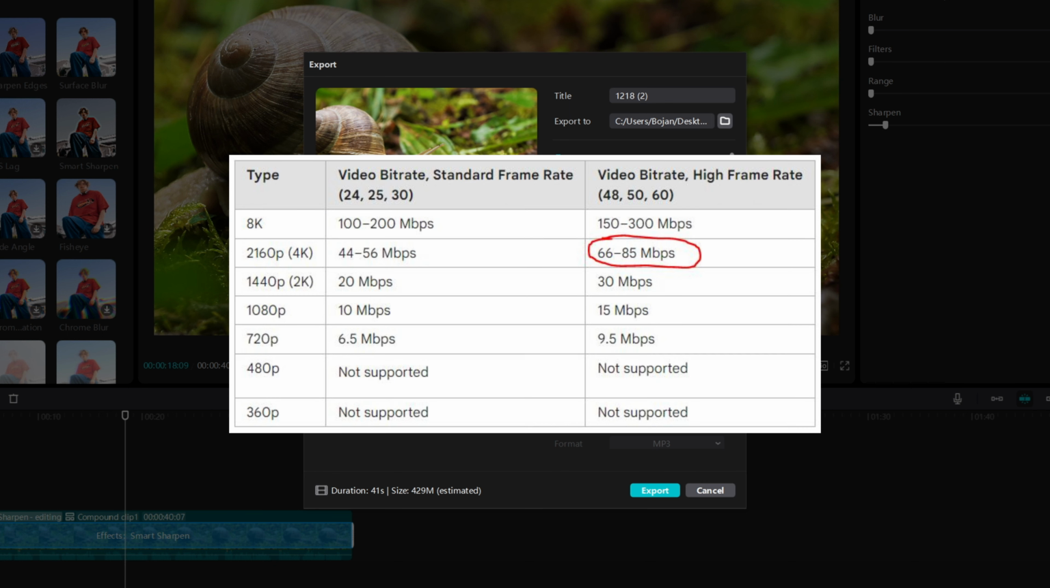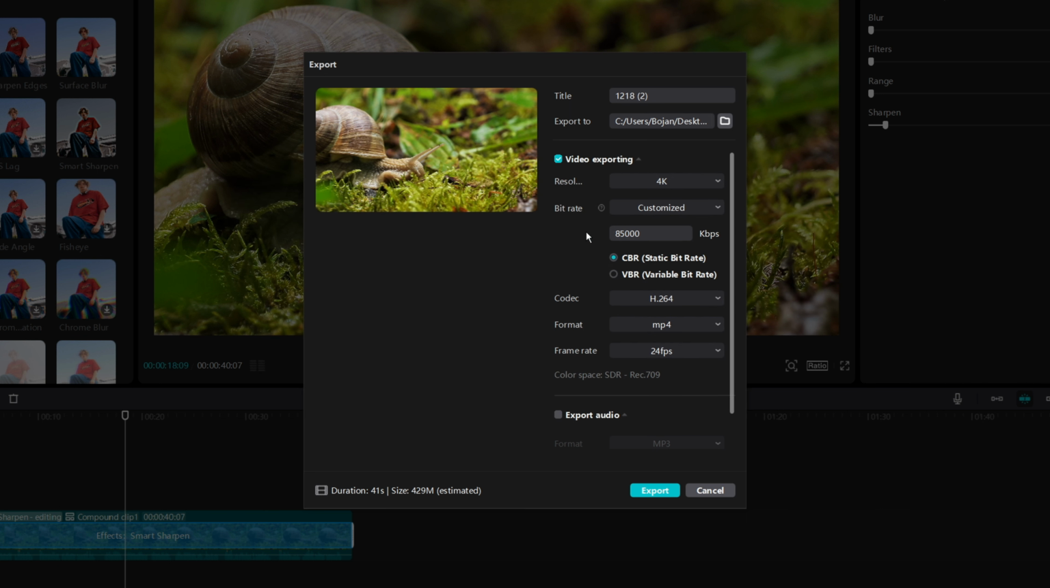As you can see in this table, 85,000 kilobytes per second is the maximum bitrate recommended by YouTube, so do not set a higher number than that. After adjusting the bitrate, set the frame rate to 60 frames per second and choose the static bitrate option here. Once you have configured everything, you can click the blue export button and your video will be exported in the